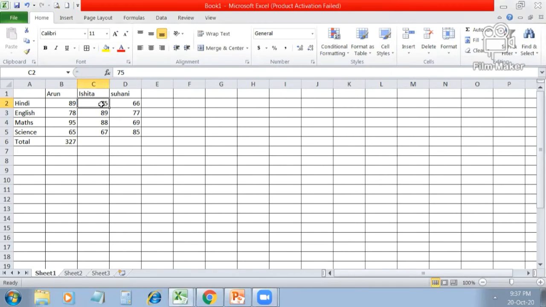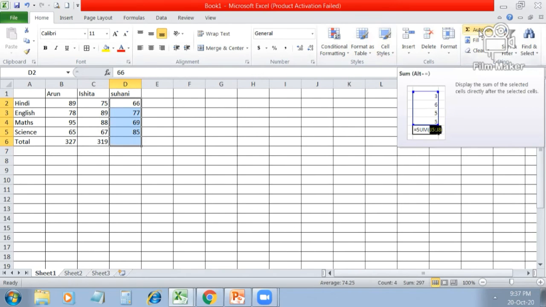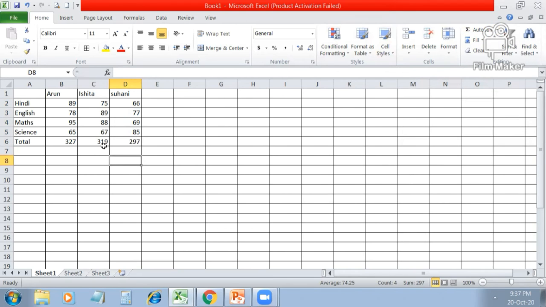Suppose I want the sum of this range also. Again, I have to follow the same process. Select the data along with an empty cell and then click on AutoSum option. You will find the correct sum of the selected range. Again, use the same process and click on AutoSum option. Now you can see the total we get for the selected range.